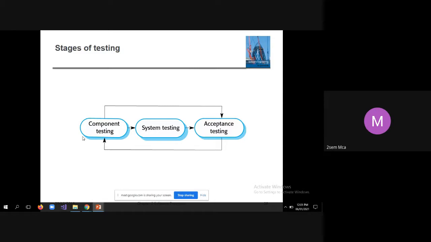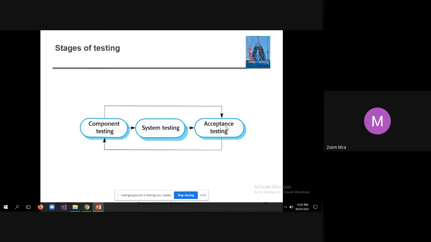So that will go to the developer, he will redesign, then you check that component. That is component testing. Then you integrate that component with the complete system. Then you do system testing once again, then send it back for acceptance testing. So if anything is rejected during acceptance testing, that has to be redesigned again, and you have to perform component testing, system testing, then once again it has to come to acceptance testing. So this is called stages of testing.